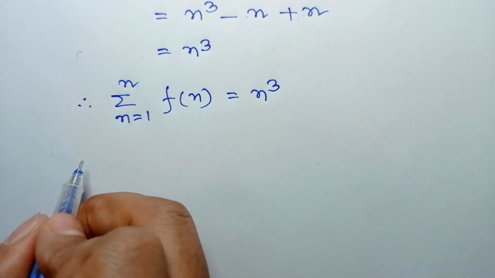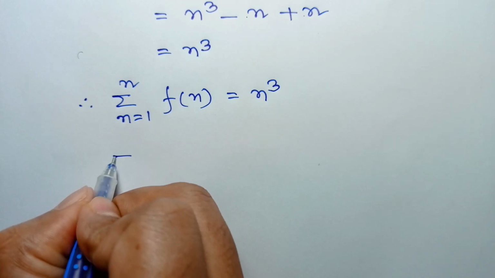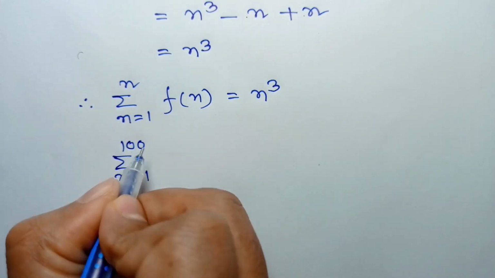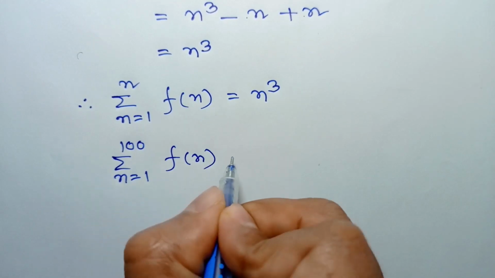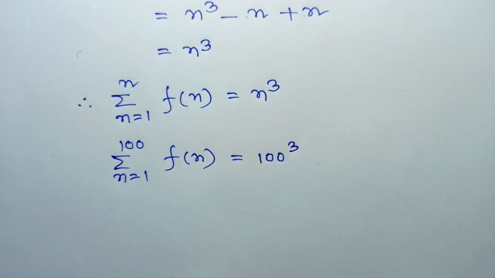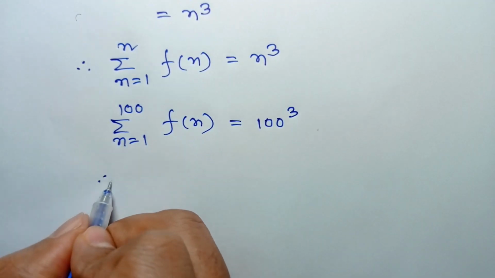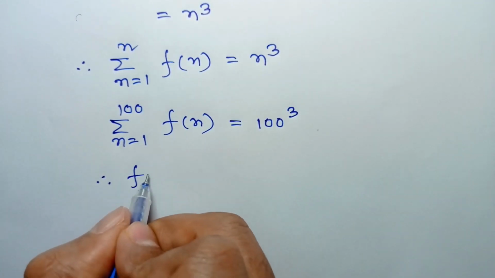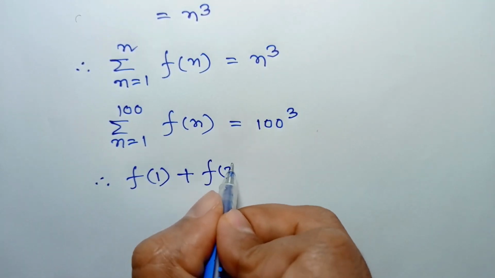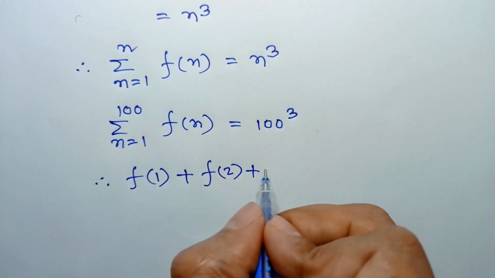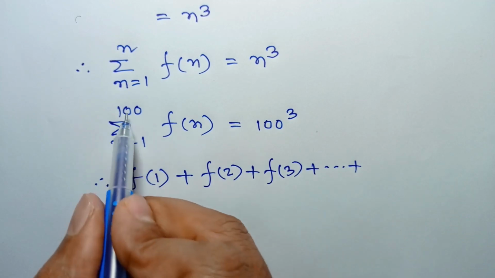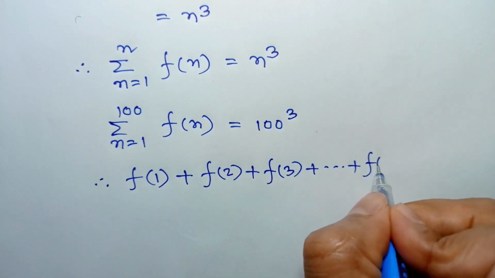Now when n is equal to 100, summation of n = 1 to 100 of f(n) is equal to 100³. That means when n = 1, f(1) plus when n = 2, f(2) plus when n = 3, f(3) up to when n = 100, f(100)